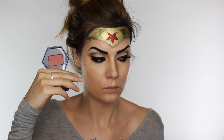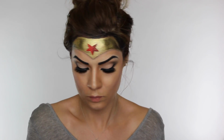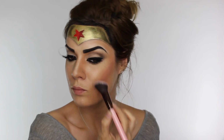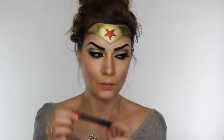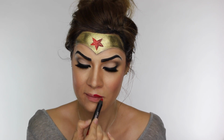Next I'm taking this vintage Dior blush, and this is in the shade 849 Contour. Using my Luxie Lush 504 large angled face brush, I'm taking that down the area that we contoured earlier using the Supercolor foundation. To create the perfect Wonder Woman lip, I'm using this NARS Mysterious Red Velvet Matte Lip Pencil,